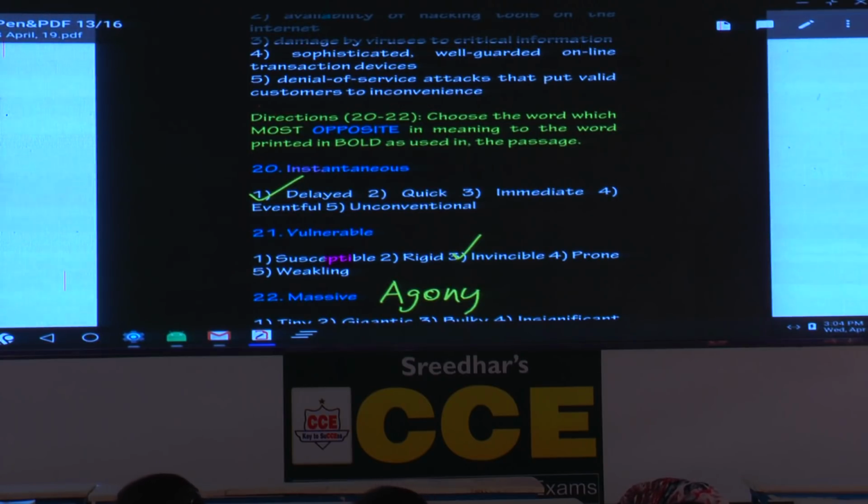And 15 plus is highly appreciable. And for a paper like this, the cut off is 3 or 4 or perhaps 5 or 6, not more than that. I don't say they're very difficult, but time taking. It's not easy to answer all those questions, especially the first 10 and last 5. Your time is gone. Then where is the time to read the passage? And by the time you're completely disturbed, then easy questions also become difficult. But whatever it is, it's a very good paper.